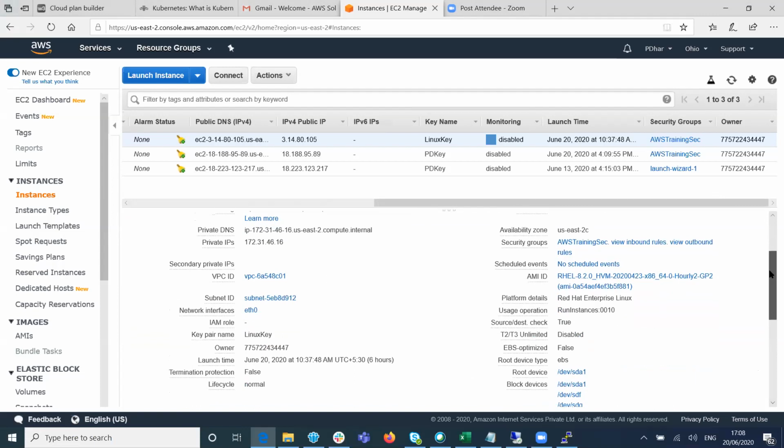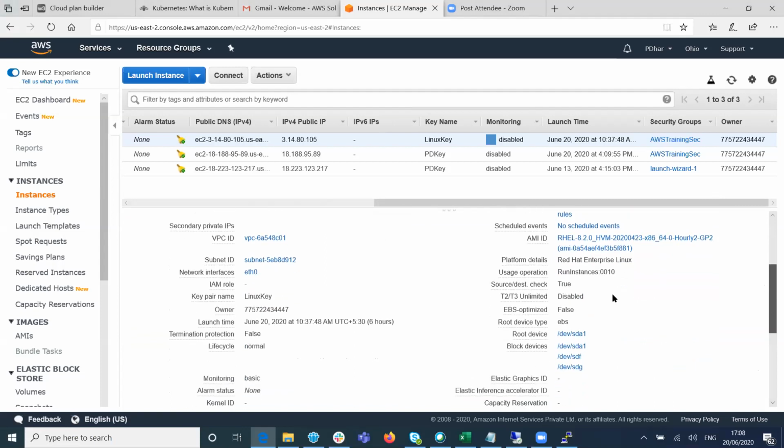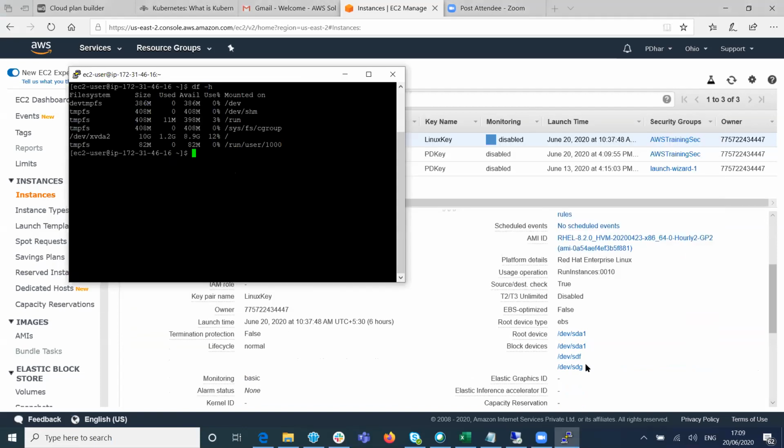Where is the disk here? VPC ID, launch time. See, one is a root device, and you associated devices to it. Block devices /dev/sda1, sdf, sdg. Sorry, 2 devices. The root and block is sda1, /dev/xvda2. Just click on that, the block device /dev/sdf.